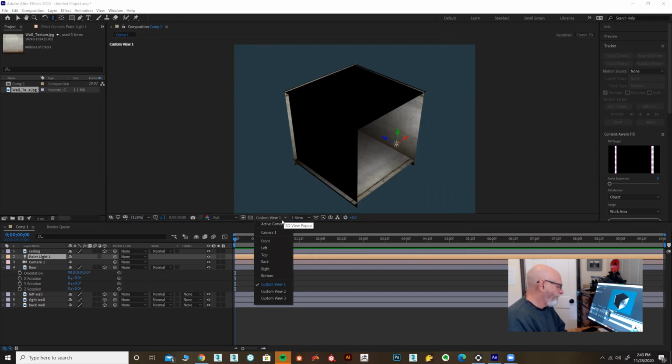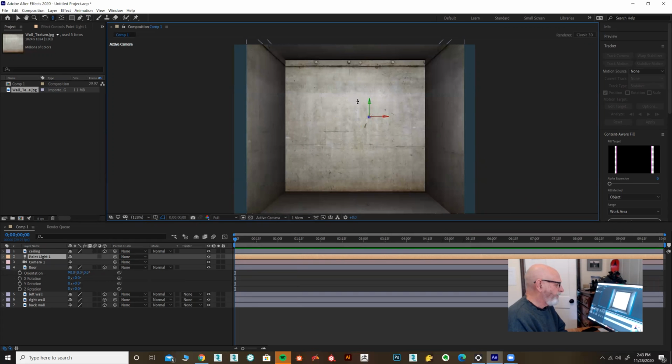So now we have this light in the room. And if I move it up and down, see it kind of like,